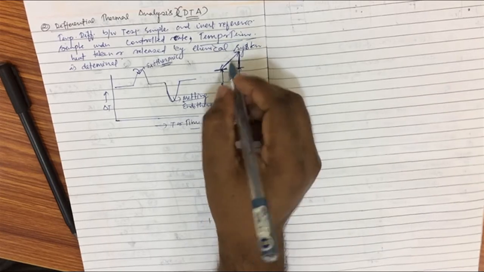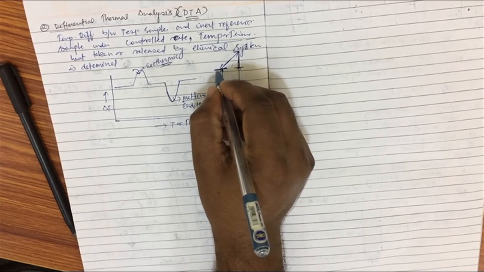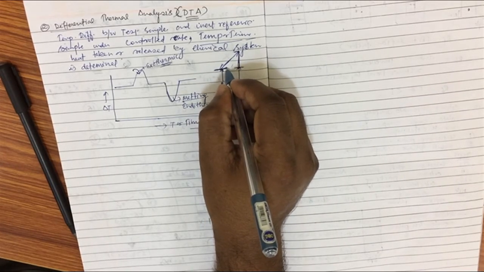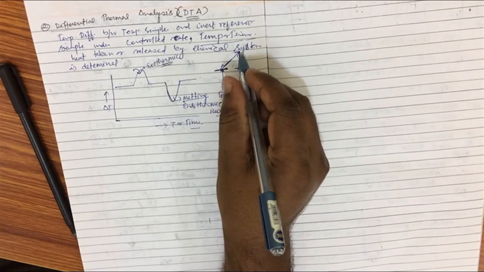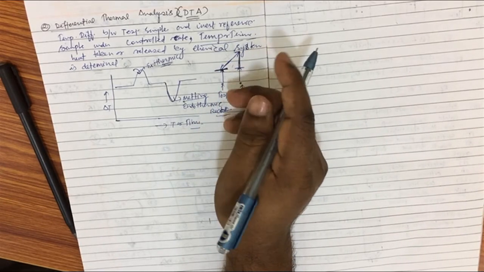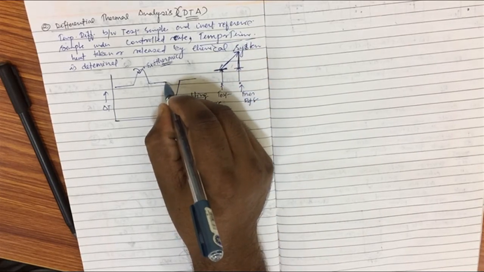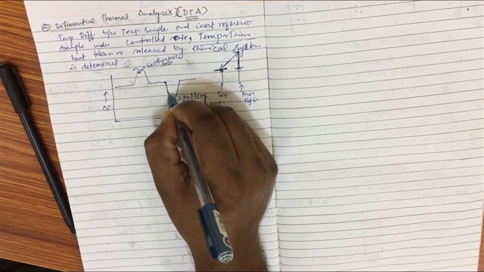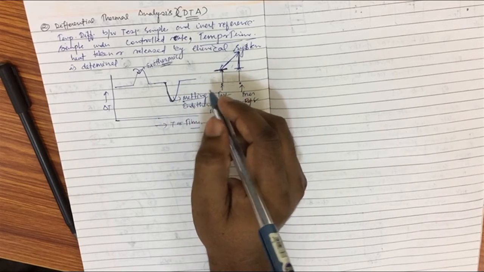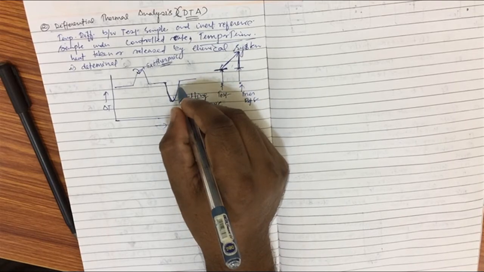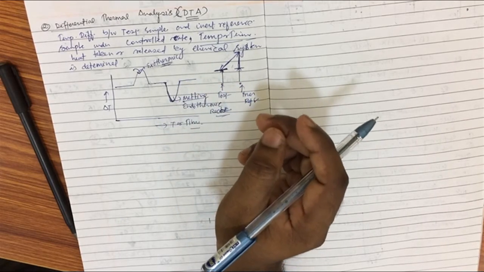Endothermic reaction means your sample is melting and not rising up, but your reference sample is going up. So here, if you see, here is melting, but your reference sample is going on increasing. Okay,